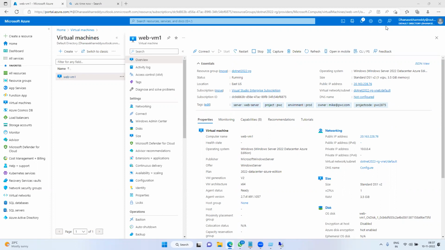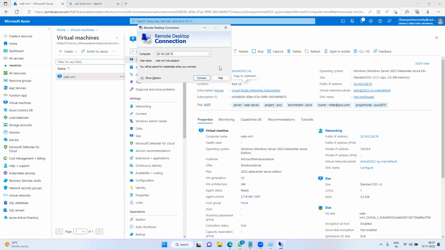In organizations where we are given this kind of IP address to log in every day, if the VM auto shuts down at 12 in the midnight and we want to log in the next day, is it integrated with PowerShell scripts? Yes. Otherwise they will ask us admins, and we can log into Azure and click on this Start button at the top whenever they require. They will contact admins.